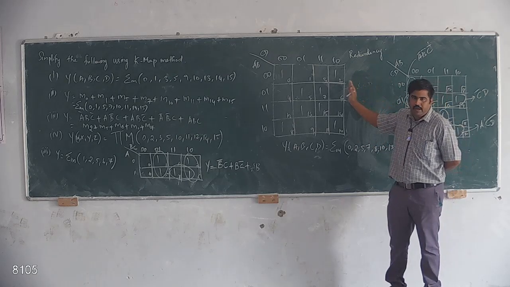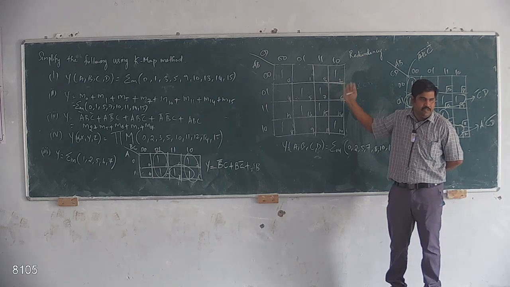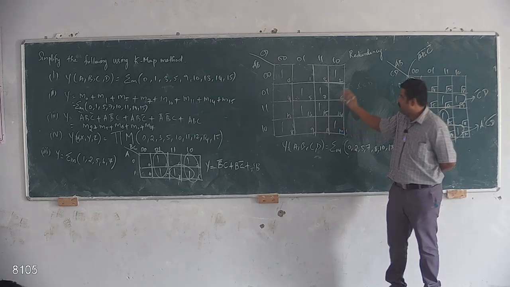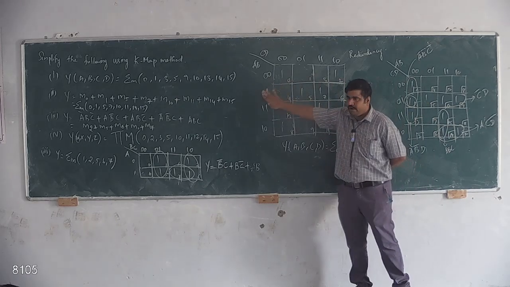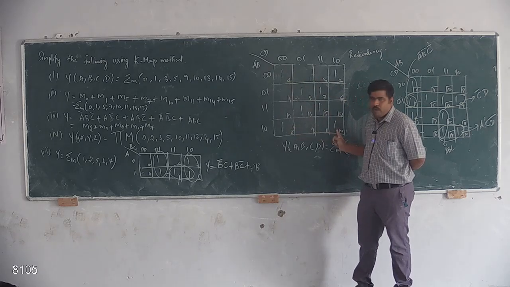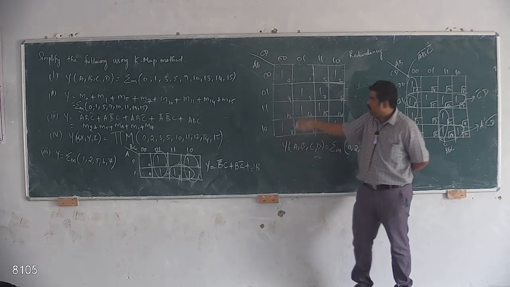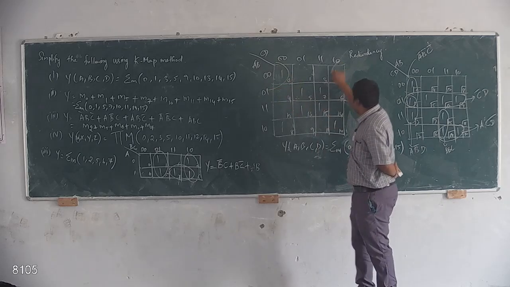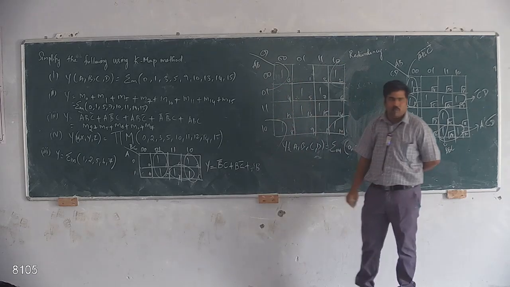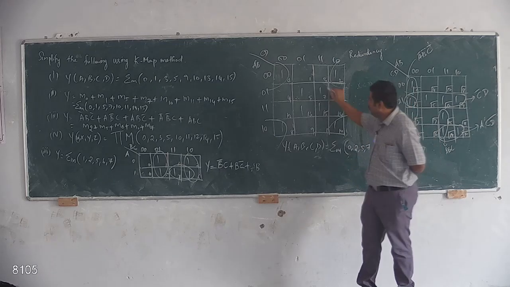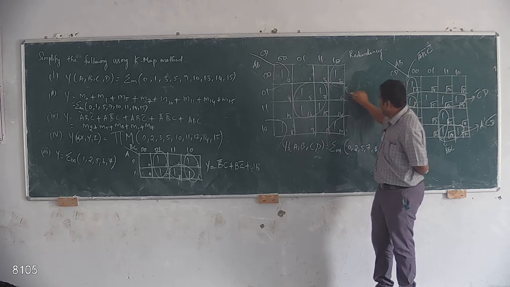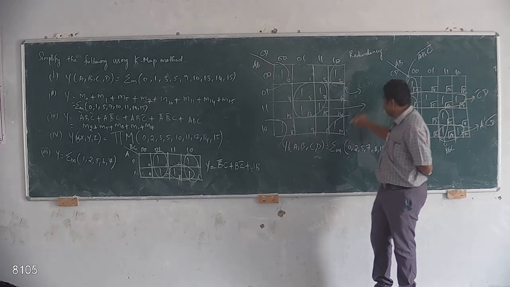I told you that I can fold either way, from right to left or top to bottom. If I am folding like this, what do I get? This 2 and this 2 will make 1 quad. So this is going to form 1 quad. This 4 is going to form another quad. So find the answer for this and find the answer for this.